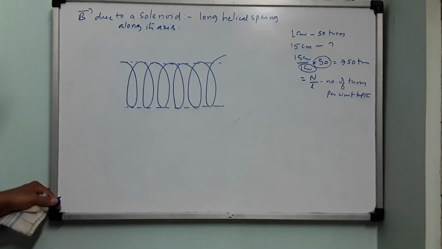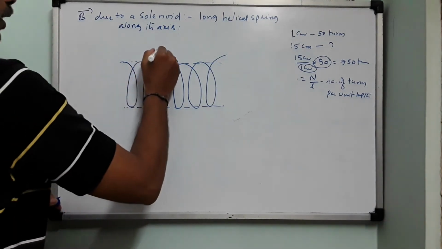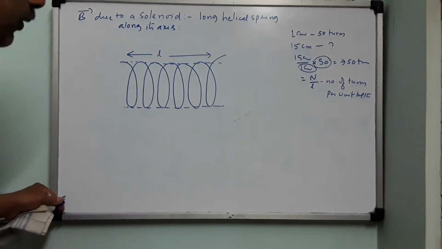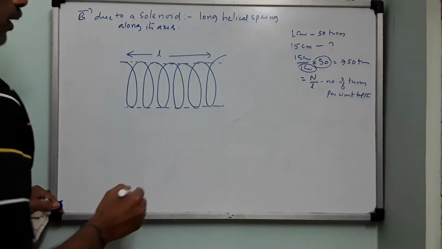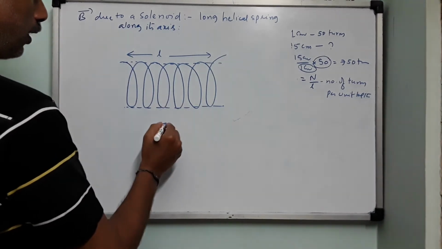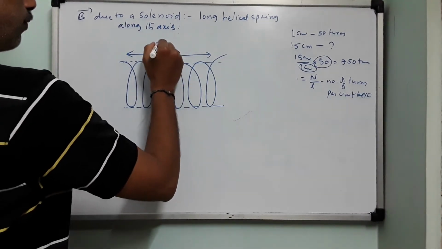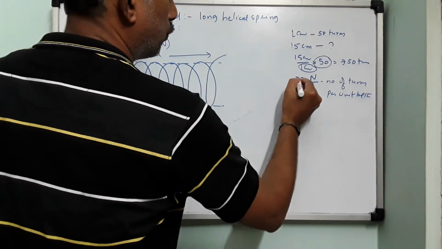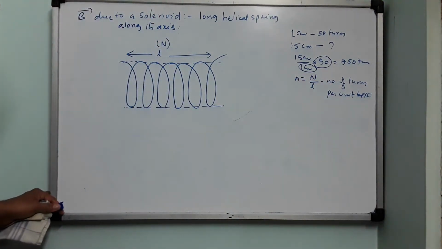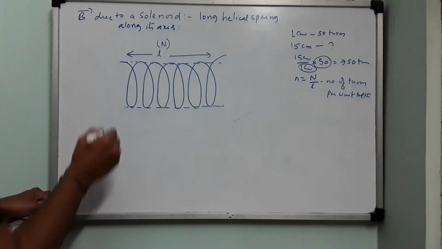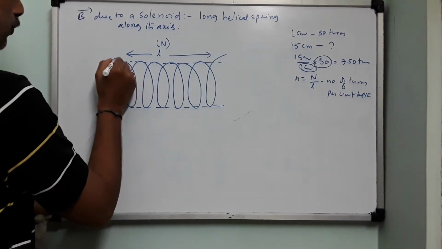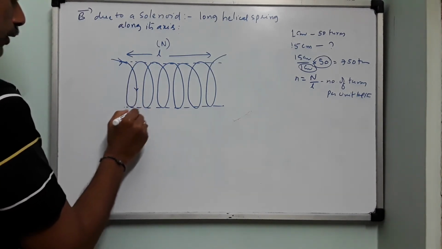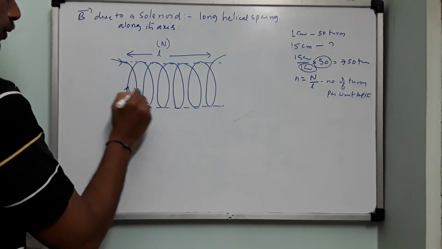Like this. So L is the total length of this solenoid. It appears to be small, but it is a very big length. Now along the axis, there are N total number of turns in the solenoid, so that small n equals capital N divided by L. Now I am allowing a current to pass through this. So this is current I. This side is above the board and this side is behind the board. Like this.